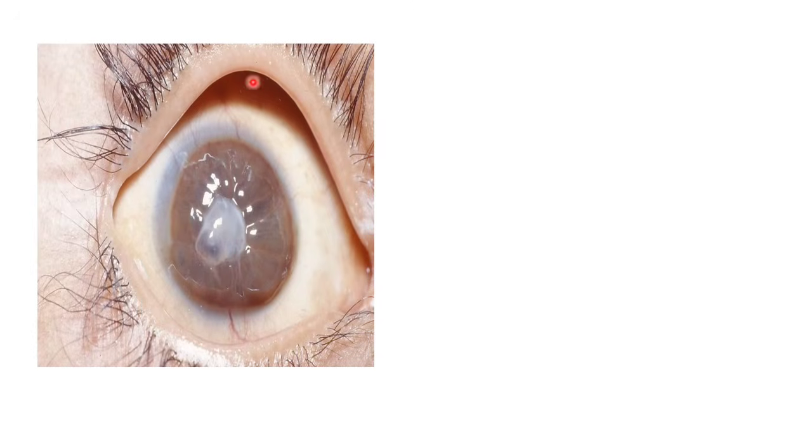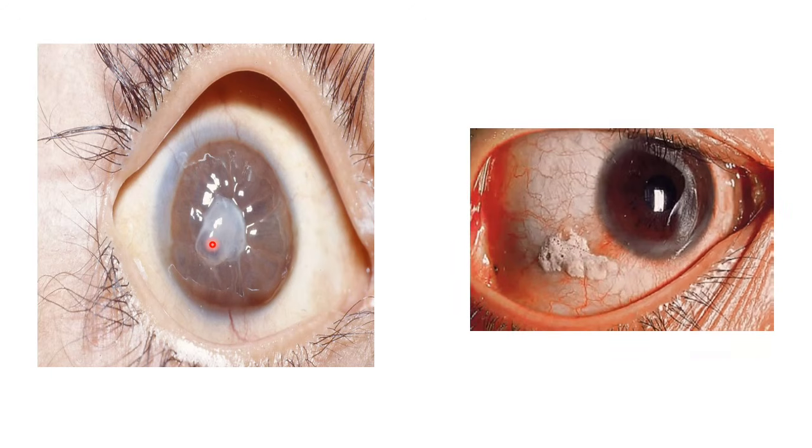This is the picture of softening of cornea, which is keratomalacia. If the xerophthalmia persists for a longer duration, then it leads to the keratinization and ulceration of cornea, and ultimately it leads to keratomalacia. And this is the picture of Bitot spot, which is an angular white opaque patch which is seen on either side of the cornea.